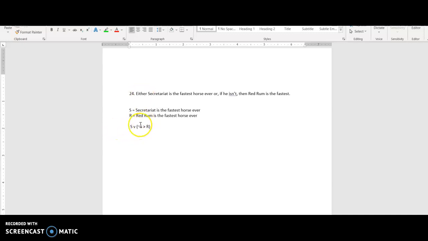Okay, so this is important to include this not S, right? Some people translated this in previous classes as just S or R, but remember, you're translating the sentence. And so it specifically says, if he isn't, right? So that is the antecedent of that conditional. Then Red Rum is R. So this not S conditional R is important to accurately translate. All right, hope that